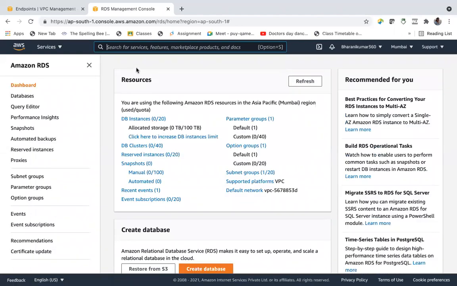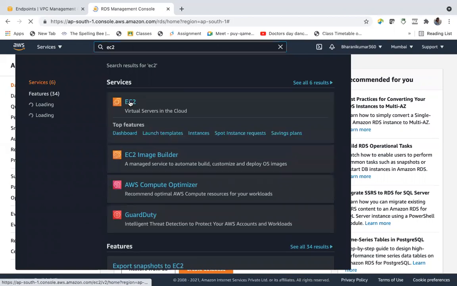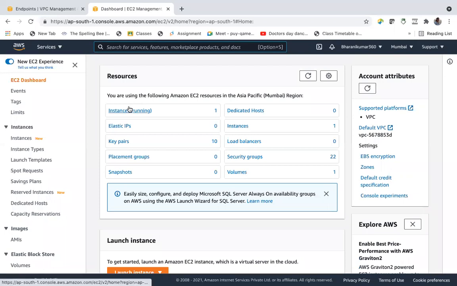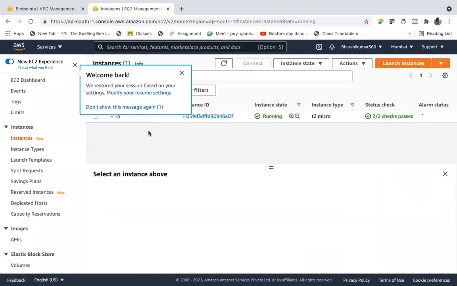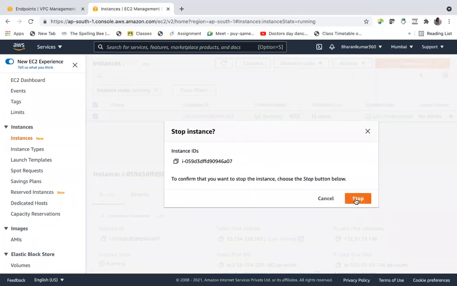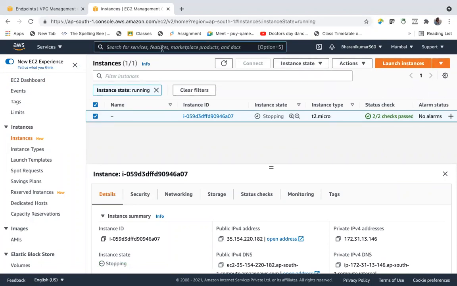Okay, before that, let us stop the EC2 instance. Okay, and come to RDS.